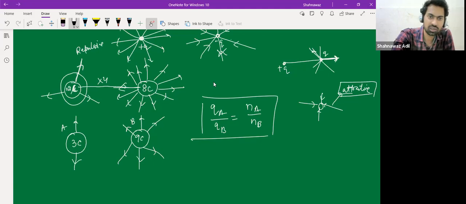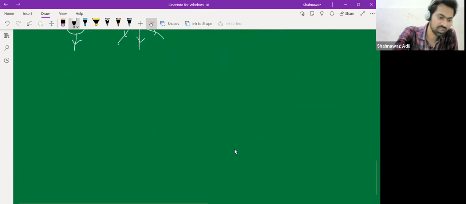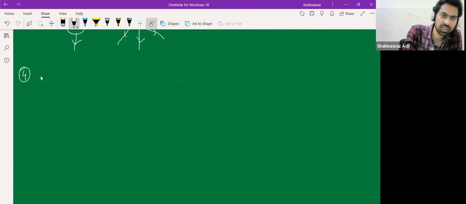Yeah. So did you guys note down this also? Yes, sir. Okay. So let us understand about this. As Aisha asked, this was the next property. So before that, the next property is that the electric field lines are